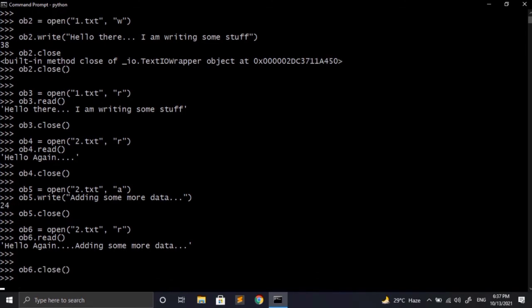So one thing that we all have noticed is that we need to open and close the file again and again to change the modes. But to avoid this condition, we should always use plus modes like R plus, A plus or W plus, which means to perform both the operations of reading and writing at the same time. We will be looking into this in the next video.